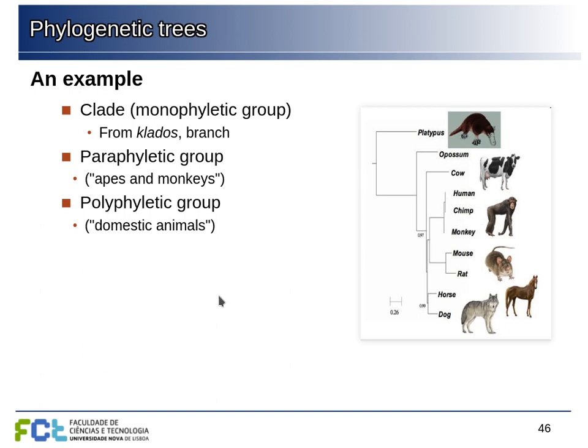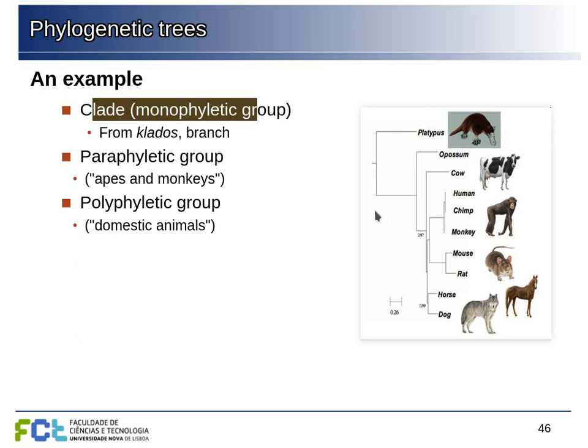Then we have polyphyletic groups that do not include the ancestor and just pick and choose some parts of the tree. For example, domestic animals would be a very unnatural group where we could have dogs, horses, and cows all in domestic animals, but none of their ancestors or other closer cousins there. So this is what we are trying to represent here, and sometimes this matches with other categories that we have or not. But what we are trying to represent here is basically the clades, the groups that include ancestors and all their descendants.